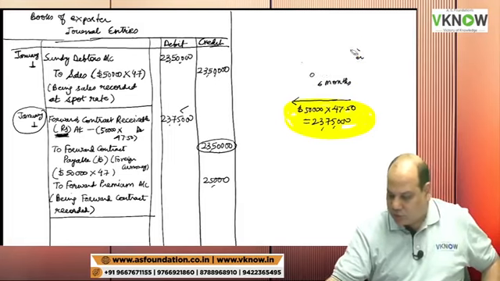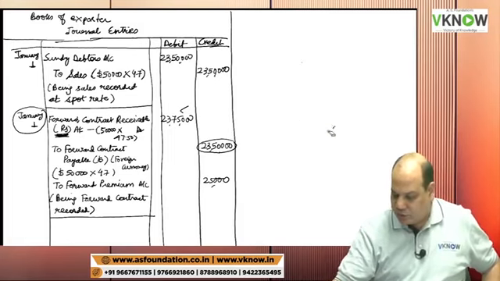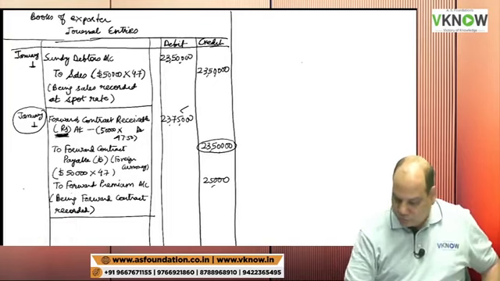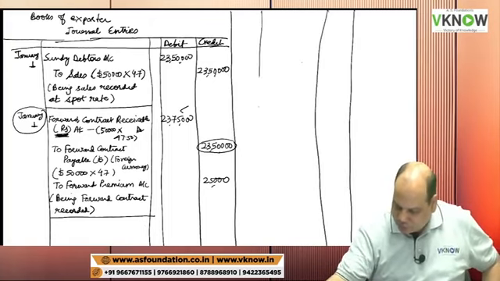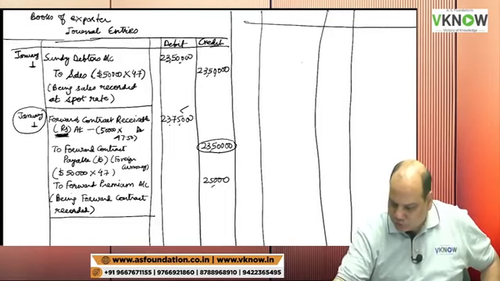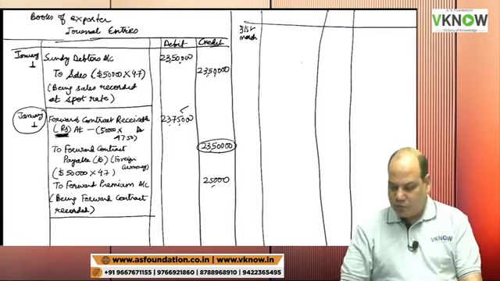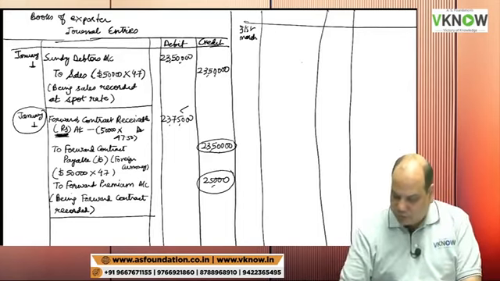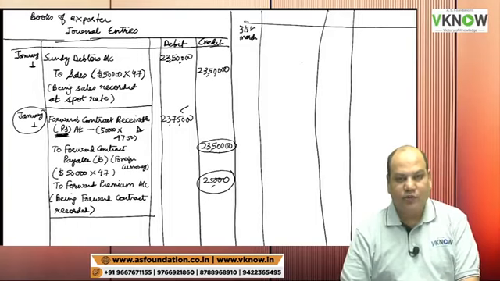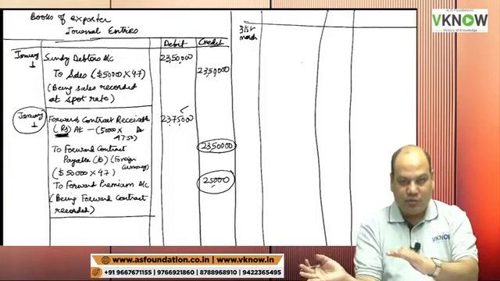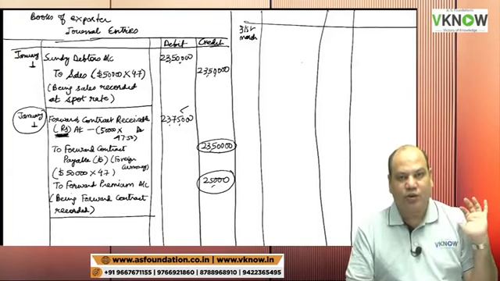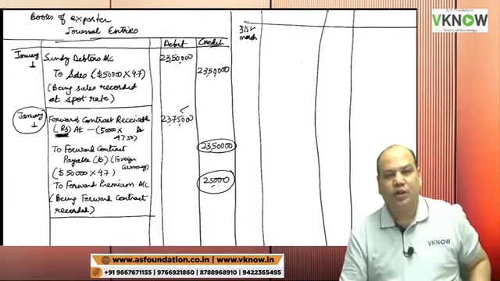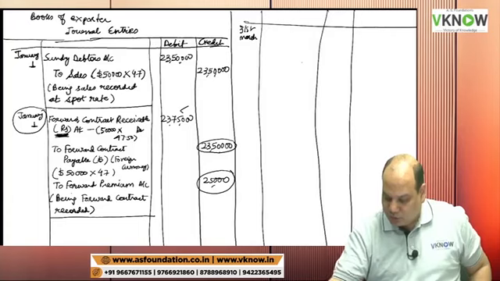Then we will come to 31st March. What will happen on 31st March? So again, let me first draw the format. You will continue below. On 31st March, out of this 25,000 rupees, as we have discussed, 3 months, so 12,500 rupees I will recognize in the P&L account in this year, and 12,500 I will recognize in the next year. So my next entry will be